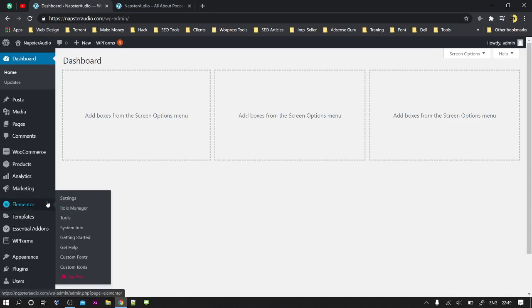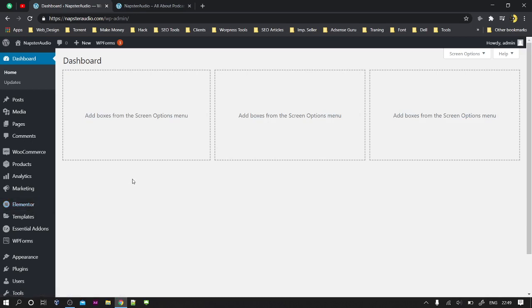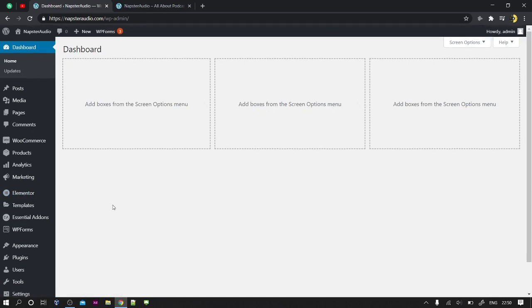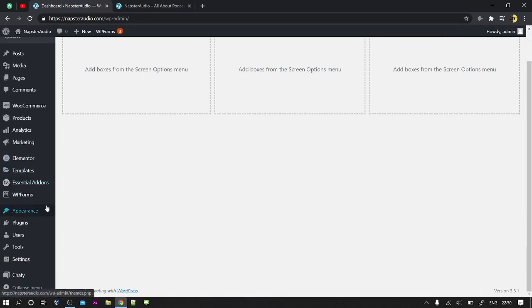In today's tutorial, I will let you know how you can secure your WordPress website. In order to secure your website, first you need to go to your dashboard. So as you can see here, currently I am in the dashboard of my website. You have to head over to the plugin, select add new,